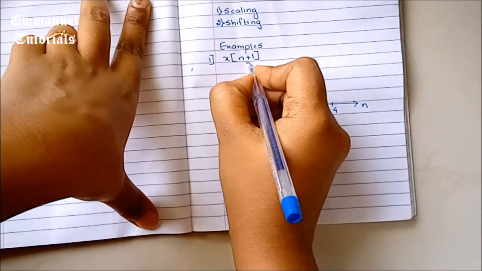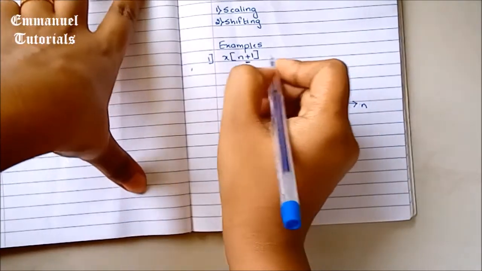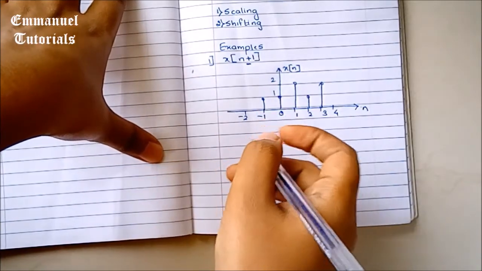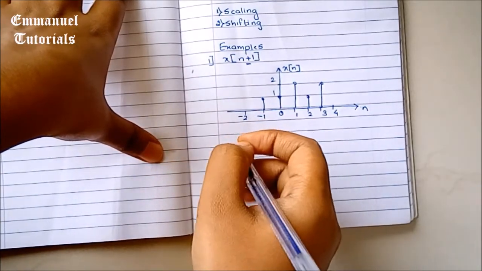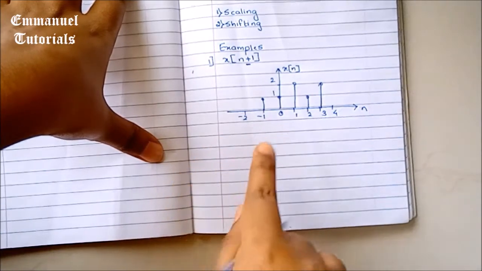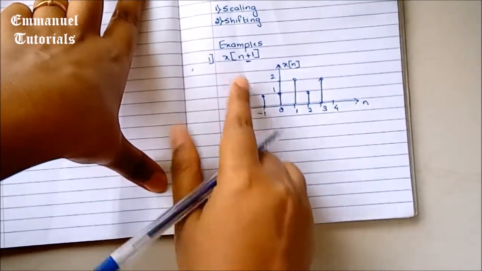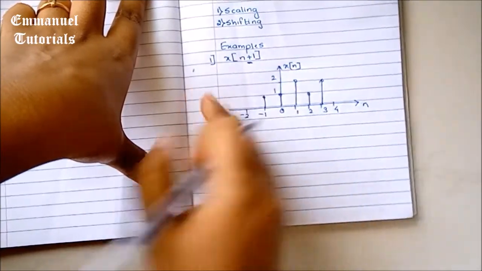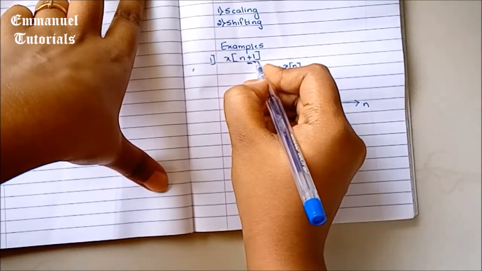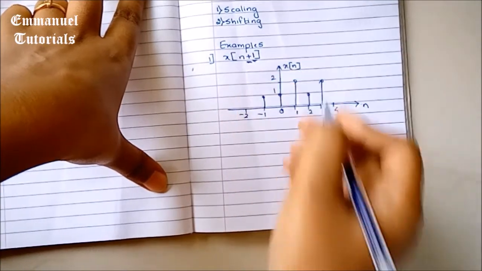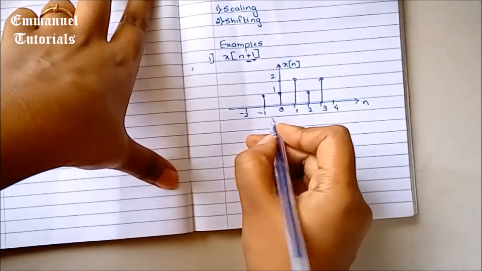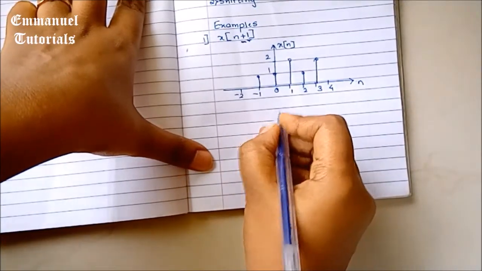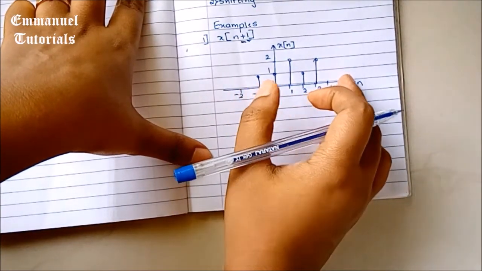This is a plus, so this indicates advance, as we have discussed in the previous video on basic operations, which you can refer, which I'll provide the link in the description box. So here, because we have to advance, it means that we have to move the signal to the left by whatever amount is given after the plus sign. So here it is 1, and we have the signal starting from -1. So we'll have to move the whole waveform by 1 to the left.